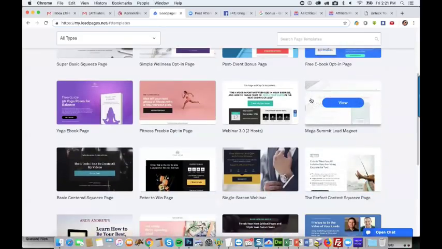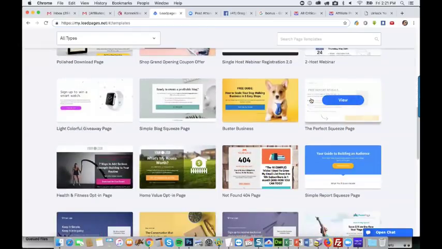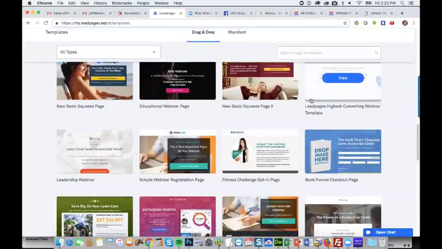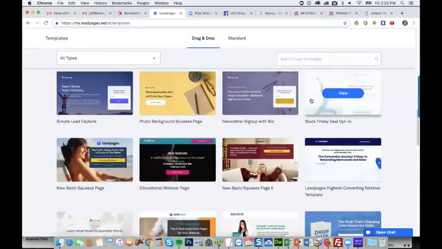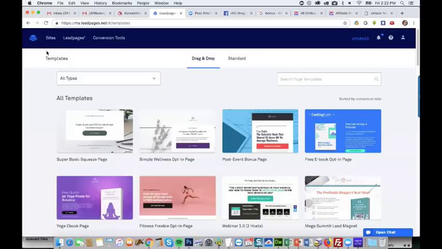So let's see here. What do we have? That looks good. Well, you know what? Instead of this, I'm going to give a little shortcut here, because it makes no sense to guess.